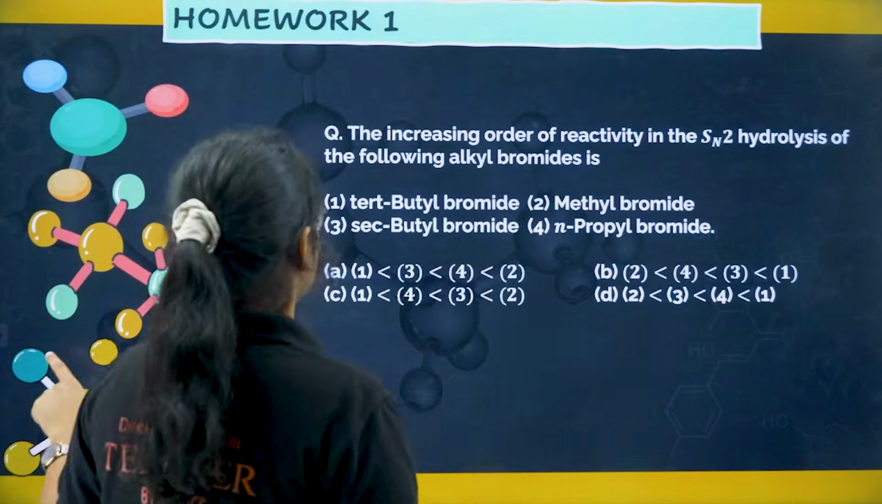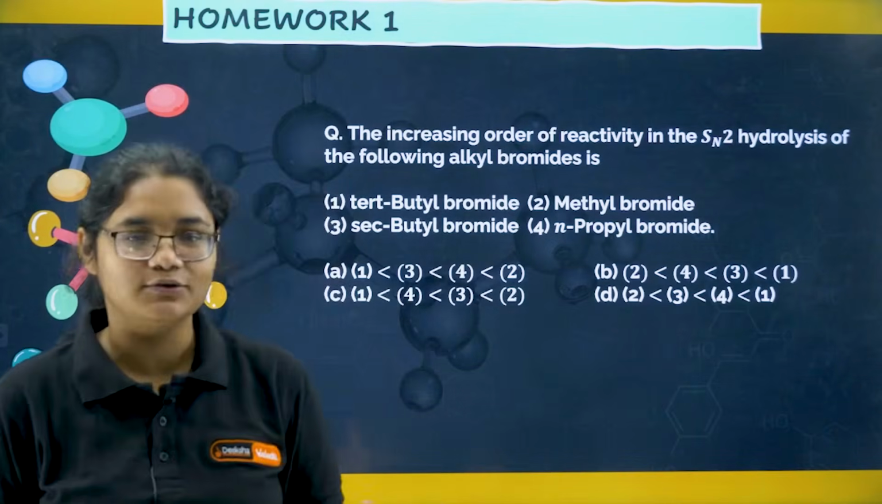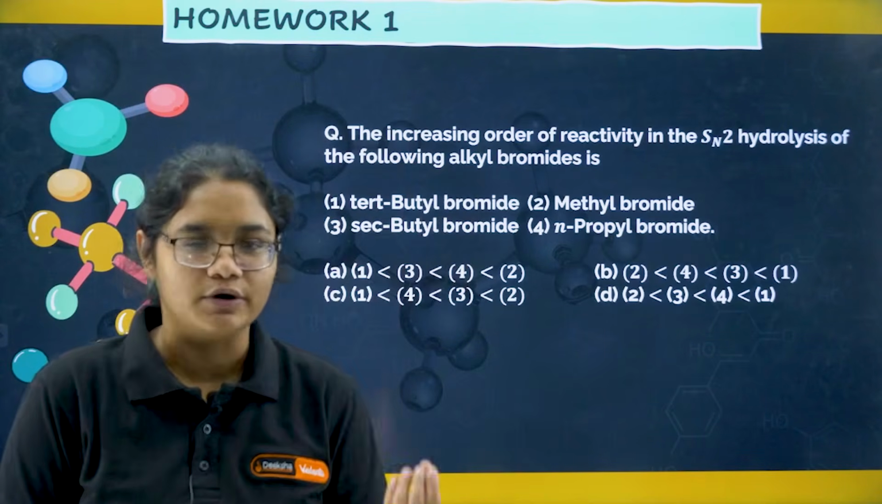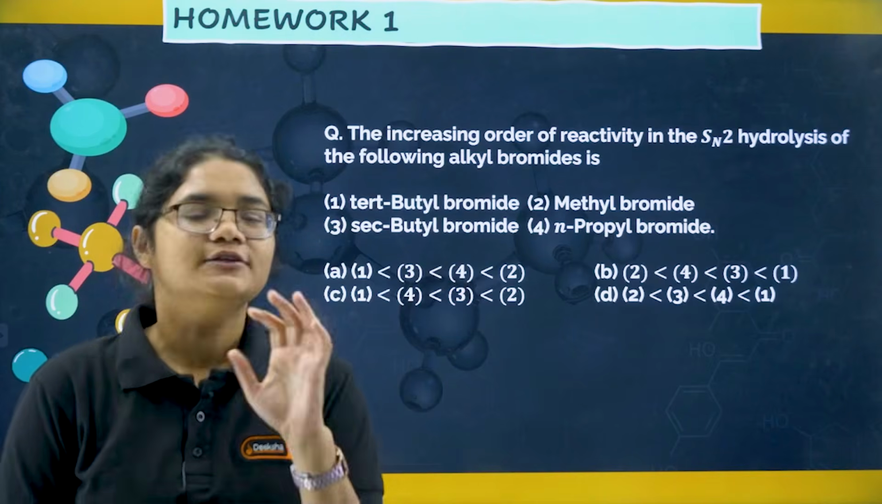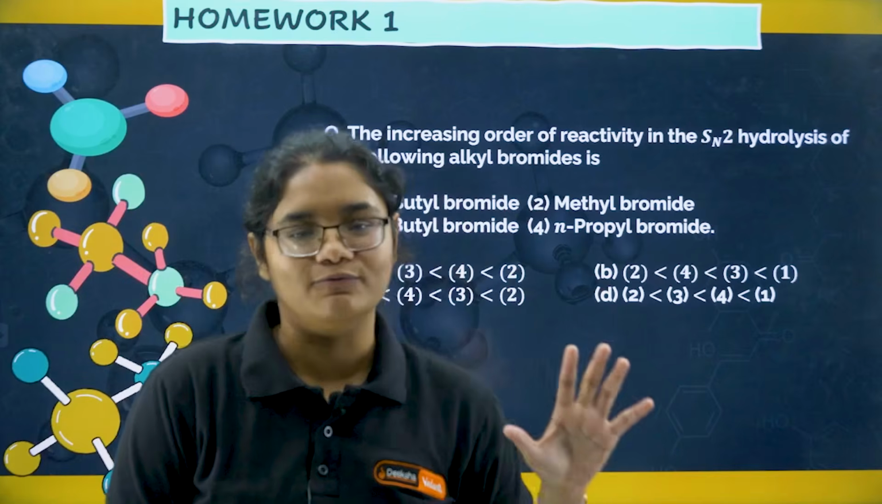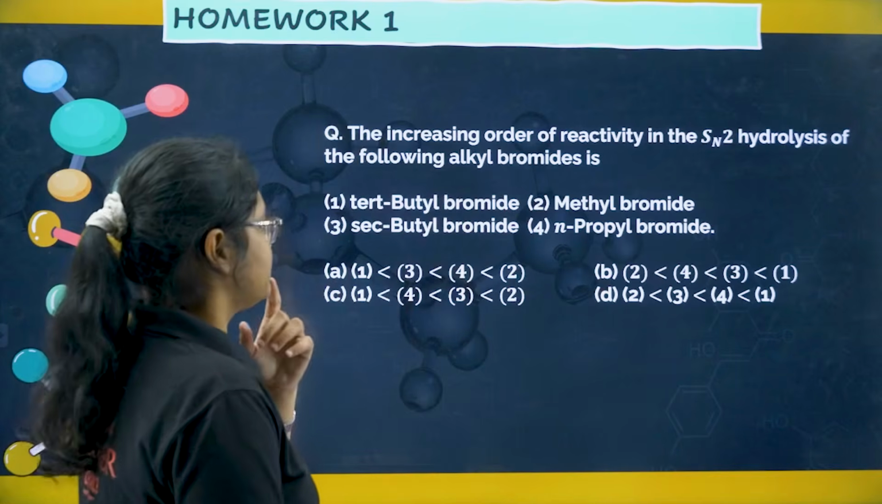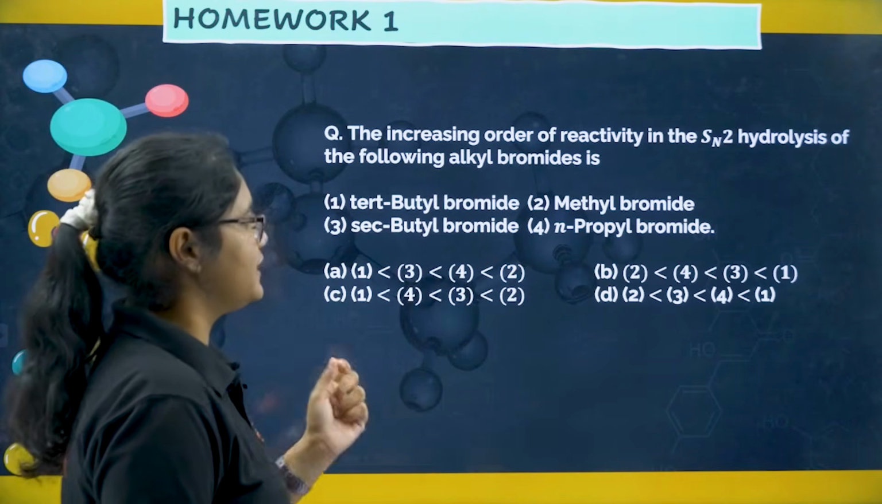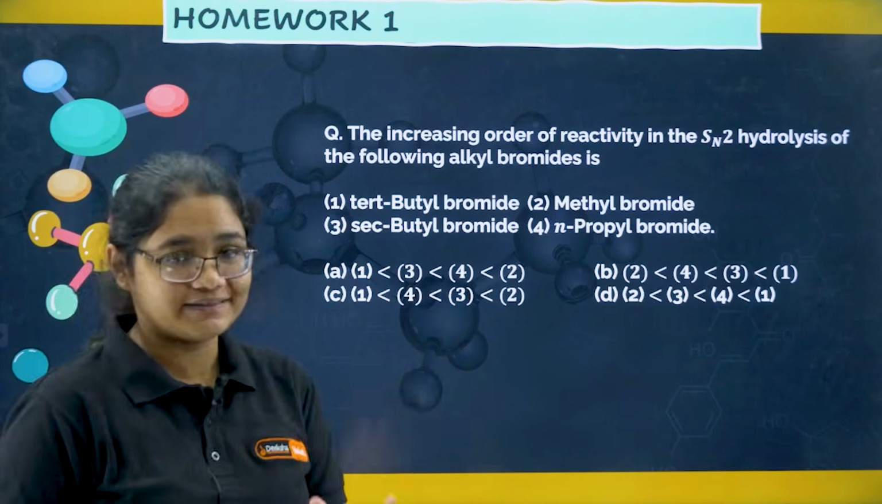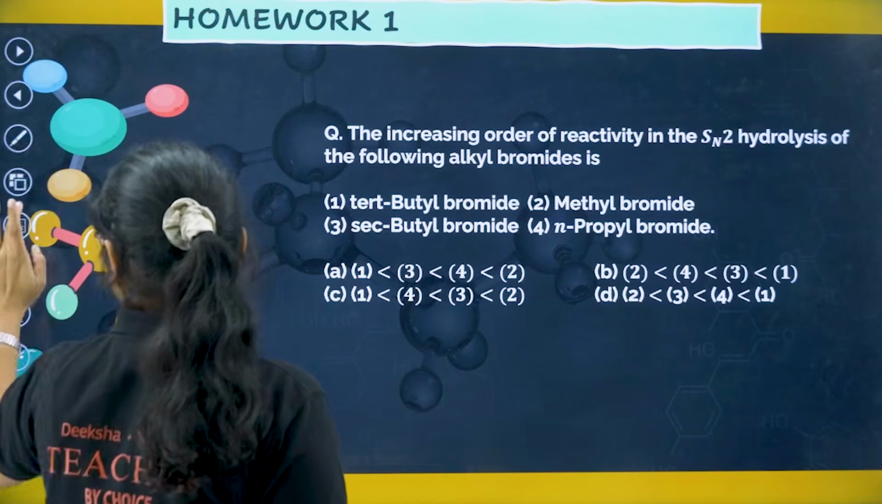Next, I have seen the homework answers, and many of you have answered. Some questions you got wrong, and some you got correct. So let me discuss all the answers, and you can revise your homework answers. The first question was: the increasing order of reactivity in the SN2 hydrolysis of the following alkyl bromides is. The question is asking the order of